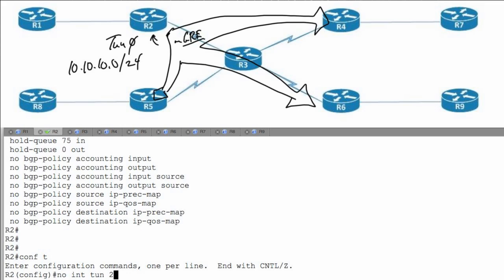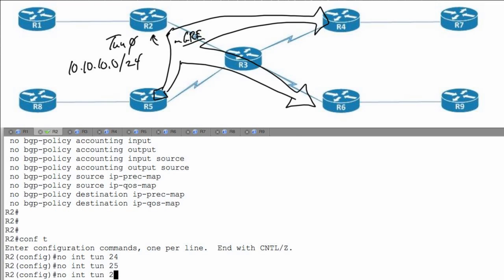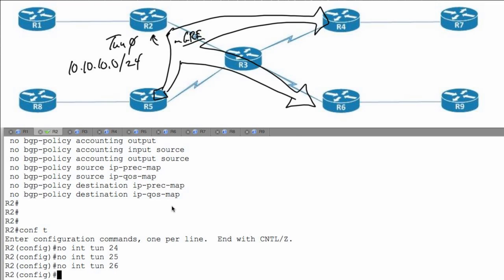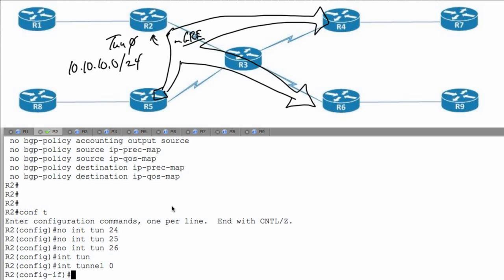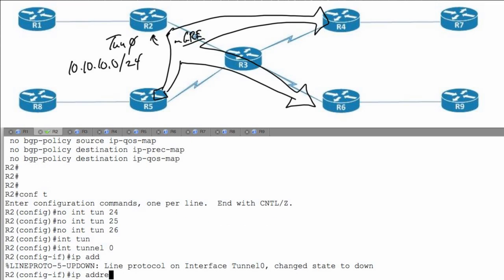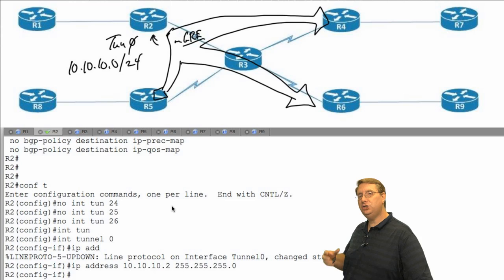No interface tunnel 24, no interface tunnel 25, no interface tunnel 26. Let's create a new interface, interface tunnel, and we said we'd call it tunnel 0. Let's give it an IP address of 10.10.10.2/24. Now, the moment we look at this, what we're going to see is that, again, we're going to have